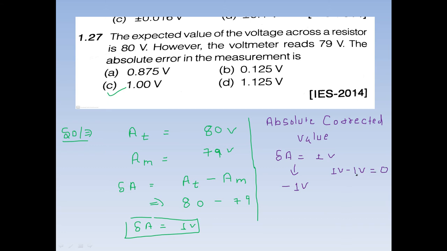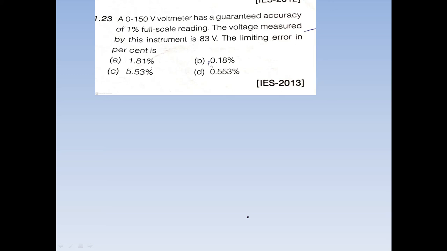This minus 1 volt, which we have added to make the error 0, is termed as absolute correction. So the absolute corrected value is minus 1 volt and the absolute error is 1 volt. If the numerical asks you to find the absolute corrected value, then you have to add that quantity so that the error becomes 0, and the quantity which makes the error 0 is known as your absolute correction value. Next numerical is,